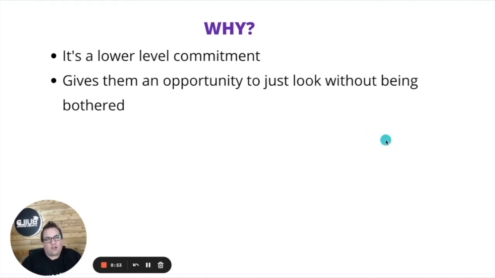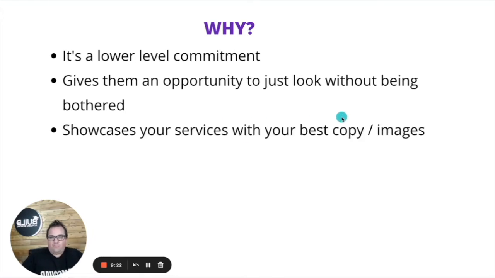A lot of people don't like to be sold to, right? We all know that experience where we go into a shop and they're like, hey, can I help you? You're like, just looking, thanks. And they keep persisting. So we want to give people the opportunity just to have a look. And obviously, if they put their name and email into a form, we know that they're at least interested. But it gives them that opportunity just to have a look first before we start calling them, emailing them, or trying to press them for a sale.